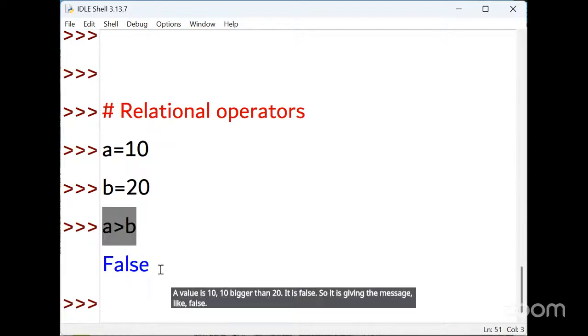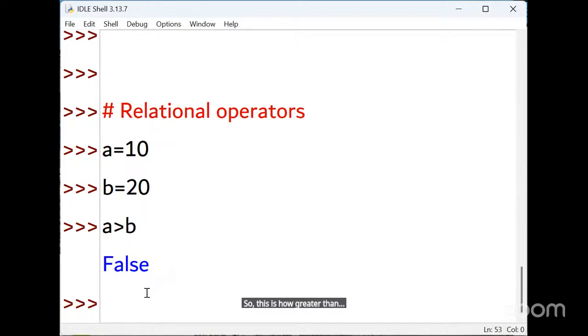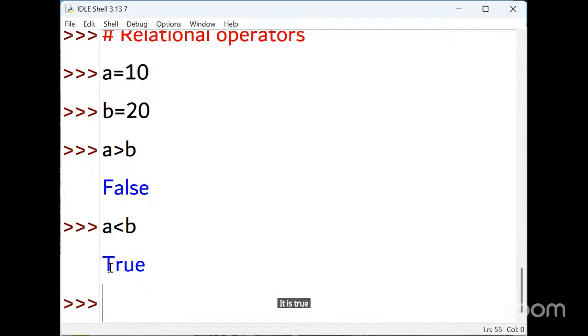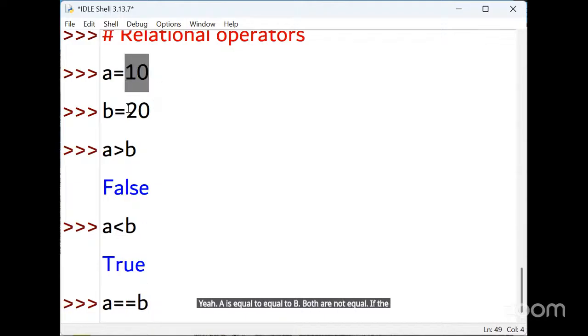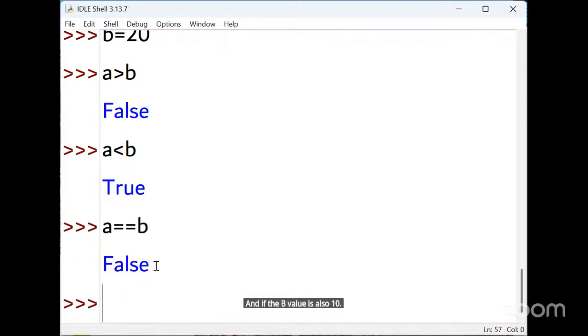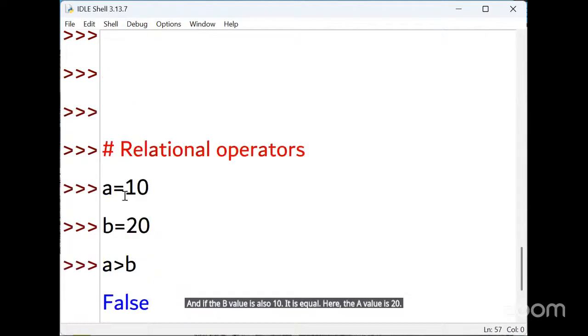So this is how greater than works. And if I put the statement A less than B, it is true. Now I'm comparing A is equal to B. Both are not equal. If the A value is 10 and the B value is also 10, it is equal. Here A value is 10 and B value is 20.